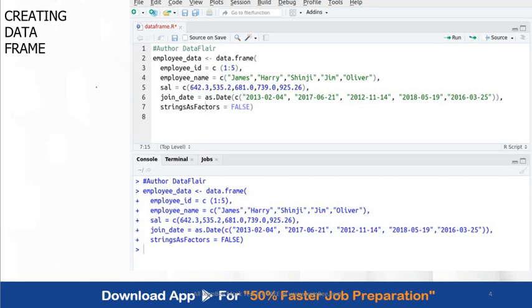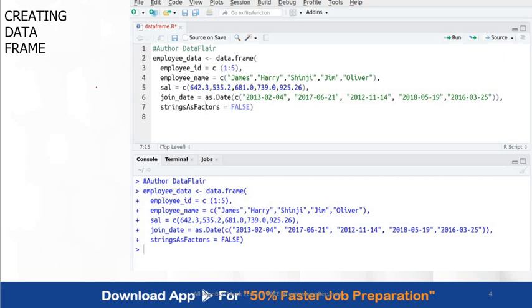Now let's move on to creating a data frame. How do you create a data frame? You can see there is a code snippet, and here you can see how I'm creating a data frame with the name employee data. I'm putting in employee ID, employee name, employee salary, the joining date, and stringsAsFactors, which I'm initializing to true and false. Employee ID is in the range from 1 to 5.